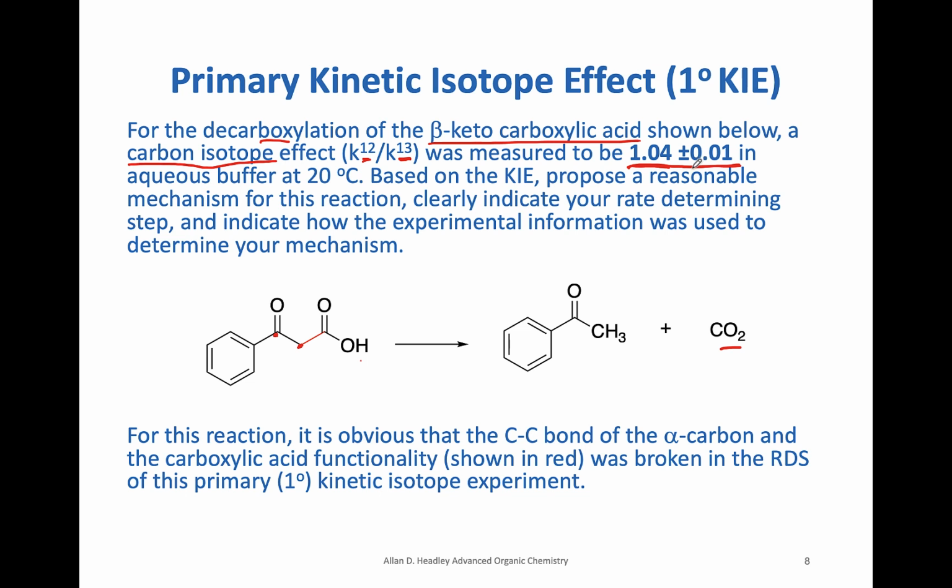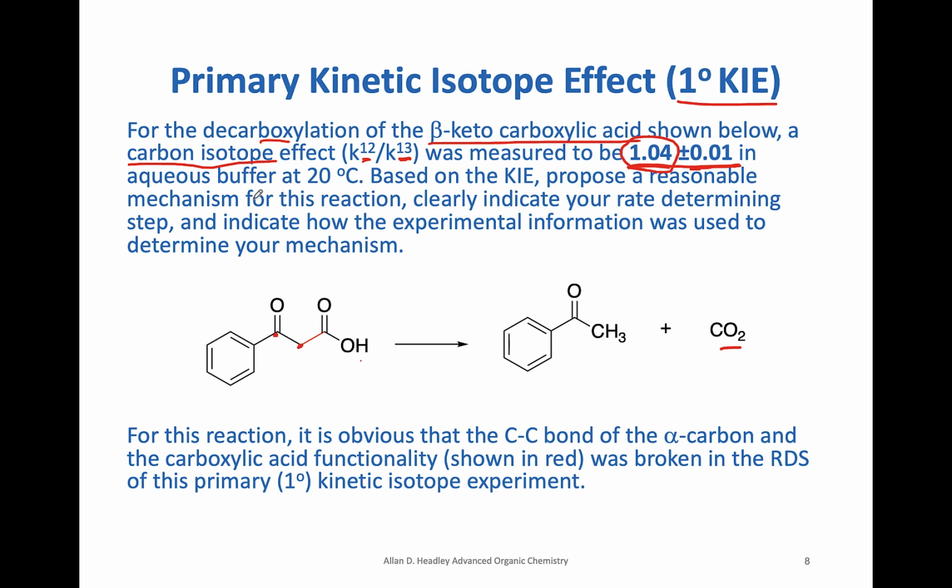We usually report here an experimental error. That's a plus or minus error. Which means that in this experiment, the experimentalist measured this reaction quite a few times, at least 3, 4, 5 times. And the difference in these measurements was pretty close, just varied by 0.01, which means that this number here is a real number. It is a real number in terms of reflecting the difference in primary kinetic isotope effect for